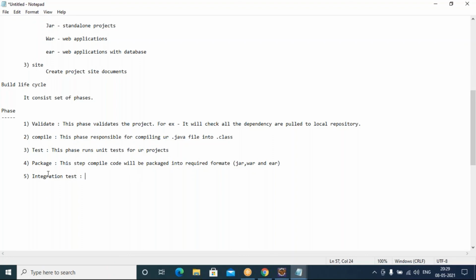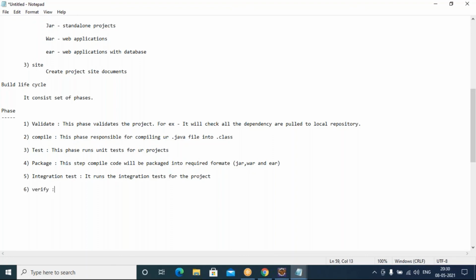You have written some test to check that. If you want to invoke that test, then you can call this phase. It will automatically invoke the integration tests for the project.